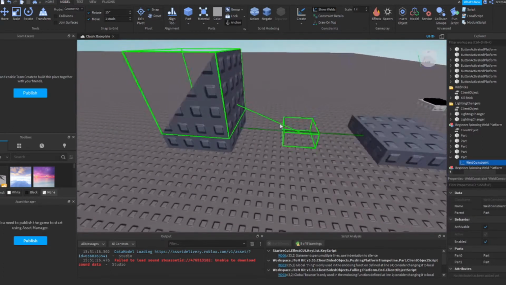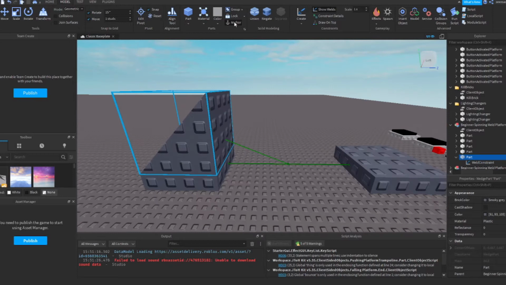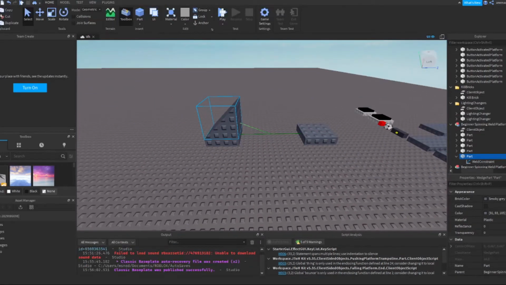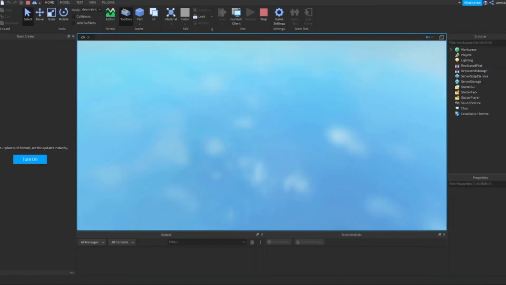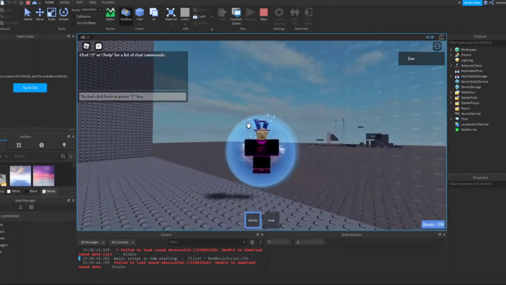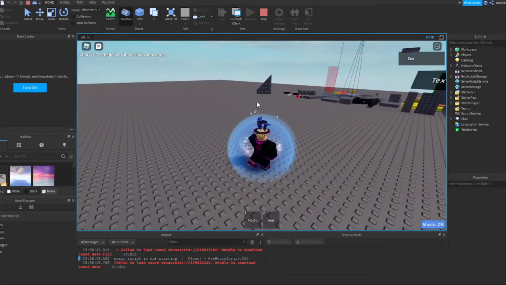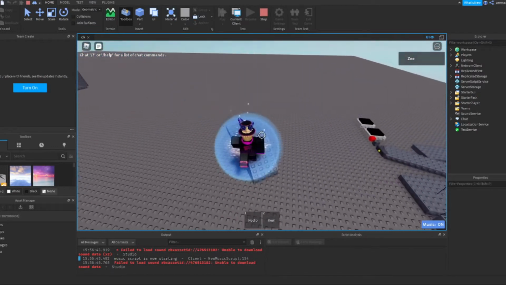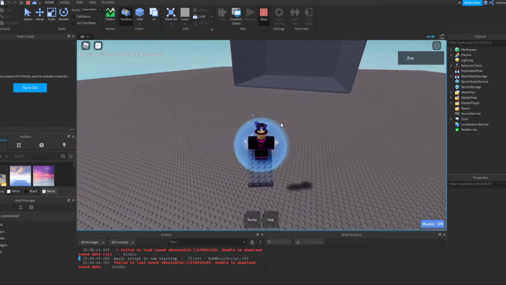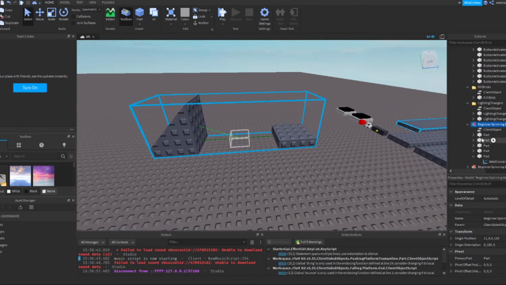Should be welded. Now, if you want it to spin, you gotta unanchor it. Once you have that, you should be able to go into the place and see it spin. It's very easy. Now, if you don't know how to change the direction,